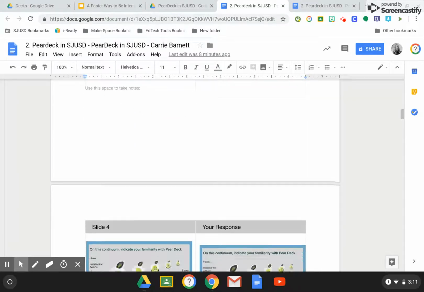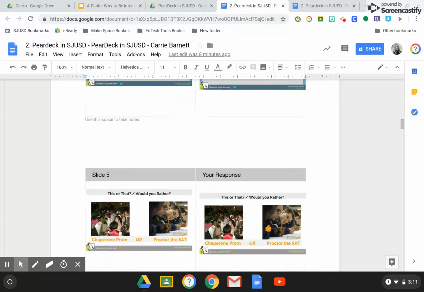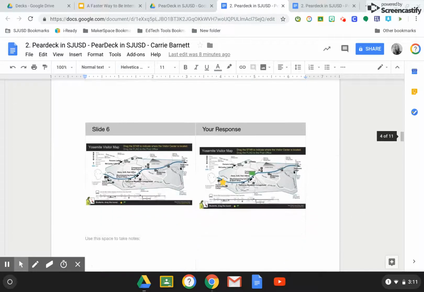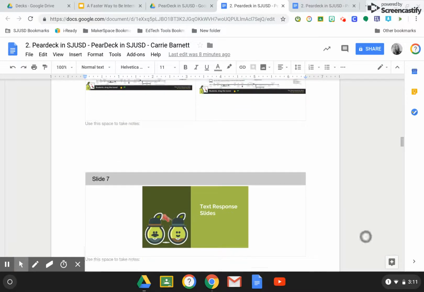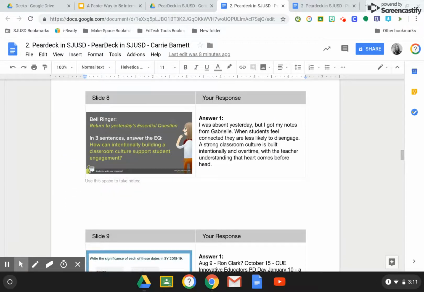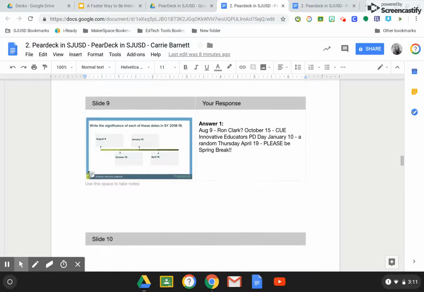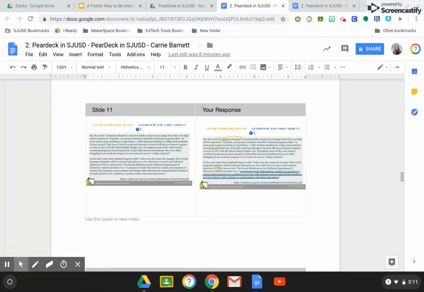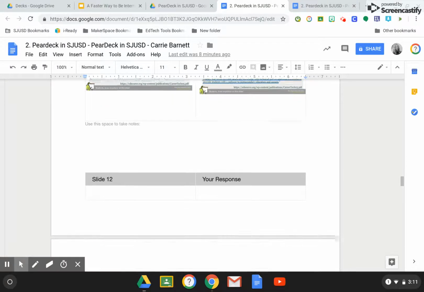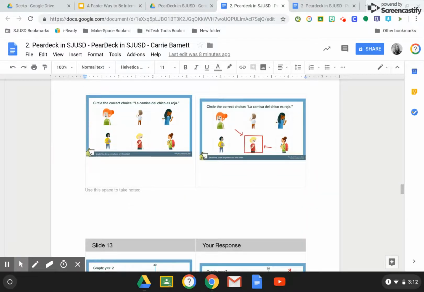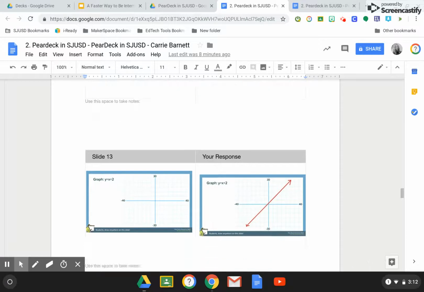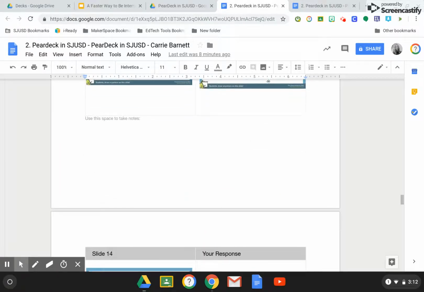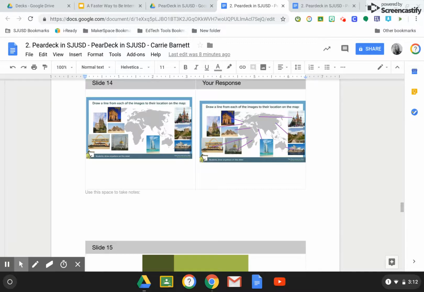How did I feel on the continuum, on the would you rather, when I placed the markers on the map, my answer to the bell ringer, my guesses as far as the significance of each of the dates on the timeline, my responses when asked to mark the text, how I circled the correct choice, how I graphed a line, if I knew the general locations of each of the pieces of architecture,